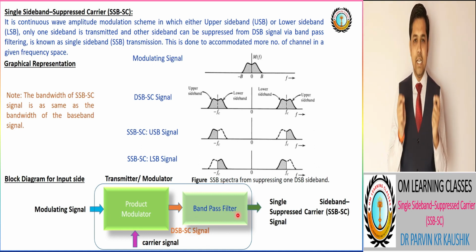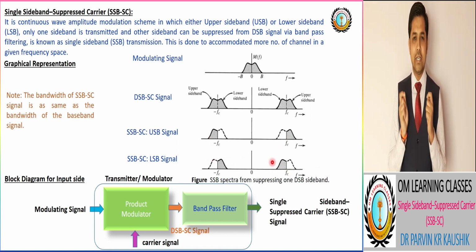Now this signal is passed through the band pass filter and as a result we get the single sideband suppressed carrier upper sideband signal or the lower sideband signal. Now you have the choice to transmit the upper sideband or lower sideband,